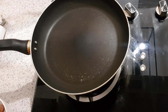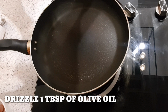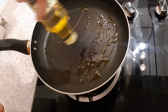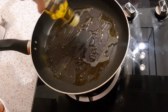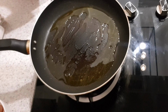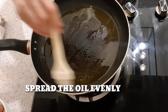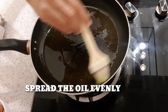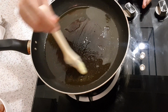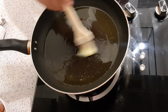All right, so first thing I'm gonna do is to drizzle it with a little bit of olive oil, like 1 tablespoon of olive oil, or just be generous about it. Make sure that you spread it out evenly. Yes, we need all the sides to be oiled, this pan. Okay, we'll just